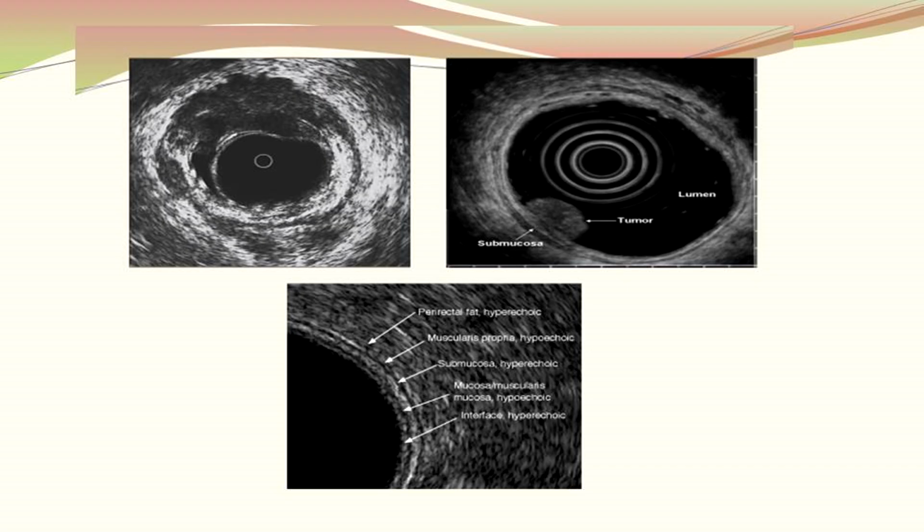The outer black layer is nothing but the muscularis propria. So remember this basic thing. And anything which is outside that is the perirectal fat or the mesorectal fat. Okay, so lymph nodes will be here, here and here. Understood? So this basic concept of endorectal ultrasound, they might put in a picture and tell you to